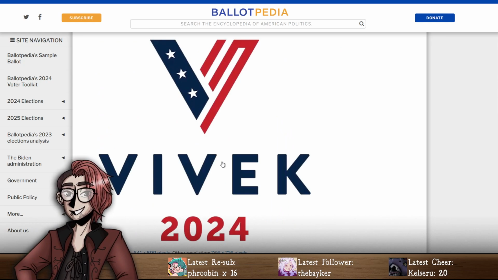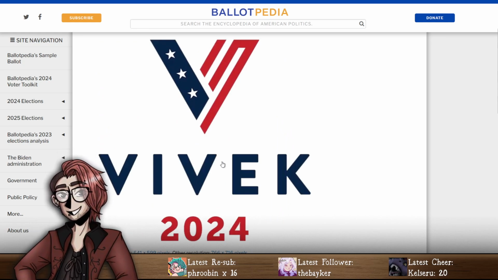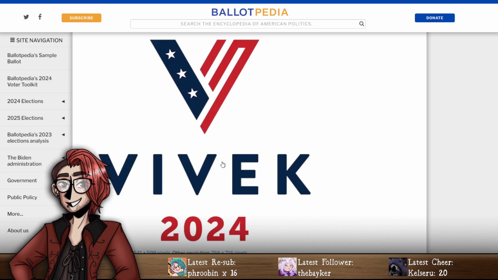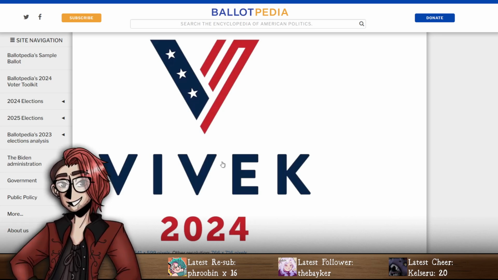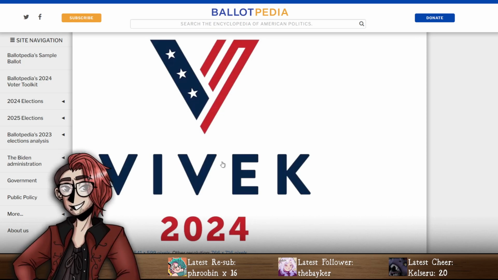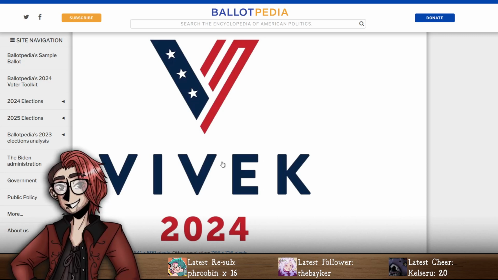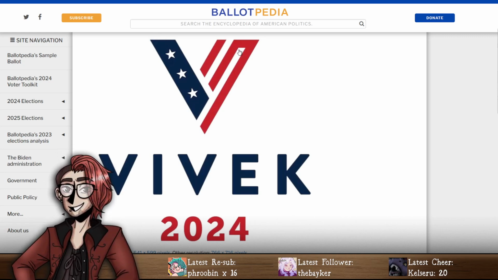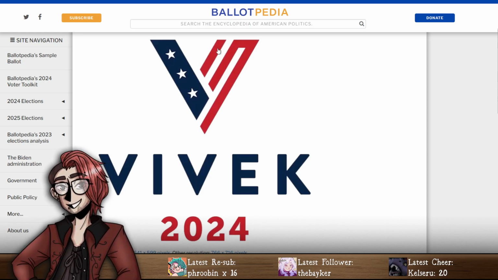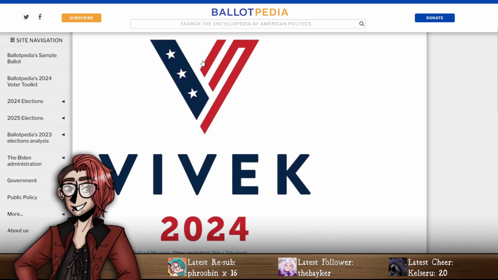Vivek Ramaswamy. You know what sucks? I really like this as a logo. Maybe not for a presidential candidate, but I really like this as a logo for something. Again, could be an airline, could be a credit card. I like that this bit and this bit are the same size. This extra stripe in here just gives a little bit of funk, a little bit of groove, a little